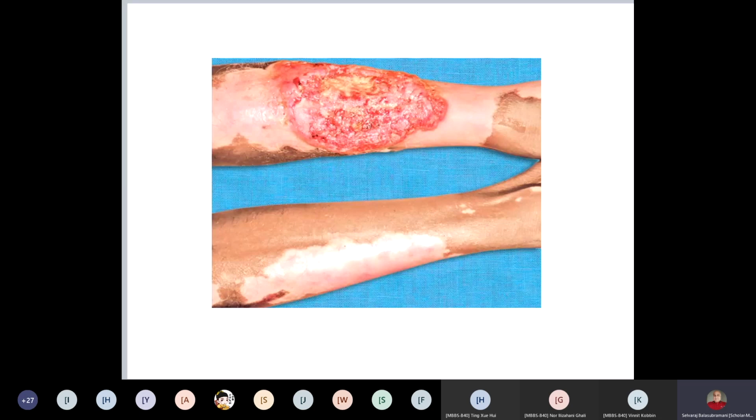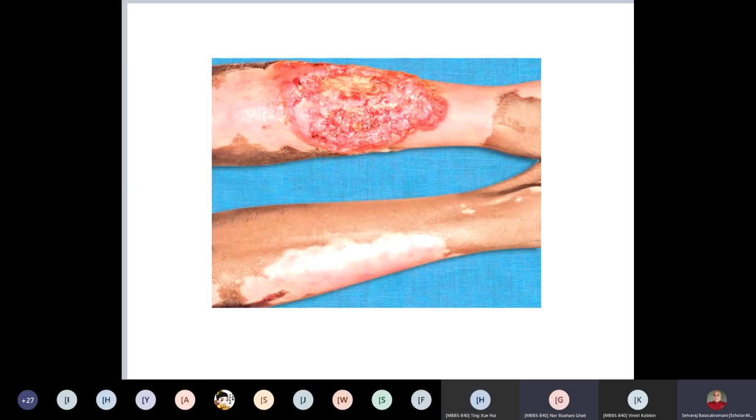What is actually this Marjolin's ulcer? What malignancy? Which type of ulcer? Yeah, it is a variant of squamous cell carcinoma. Agree. So how does it differ from the actual squamous cell carcinoma? What is the difference between Marjolin's ulcer and squamous cell carcinoma? This is squamous cell only, but there is some difference. Rarely lymphatic. Yeah, there is no lymphatic spread.